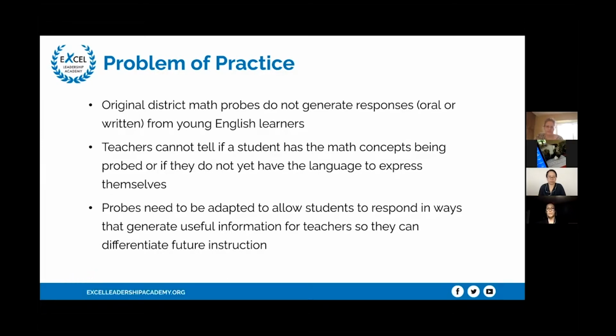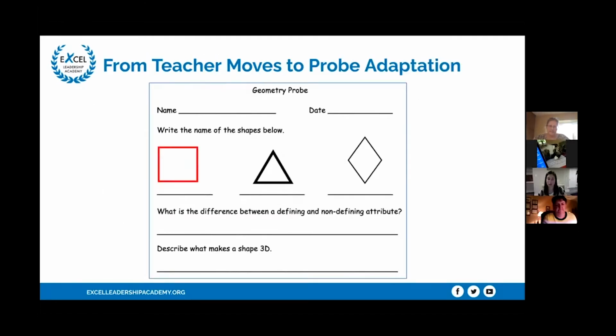We went through what we found as critical items and critical practices in order to attack the very first problem that we had. We wanted to take a look at how we could still assess students in my class. So we took a look at this geometry probe, given at the beginning of the unit, and you can see that the very first question is just identifying the two-dimensional shapes, and then talking about defining and non-defining attributes and